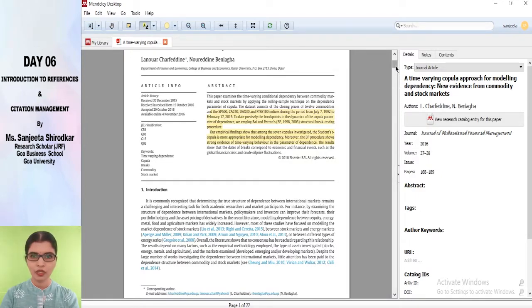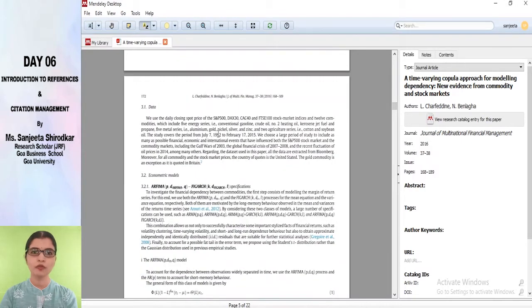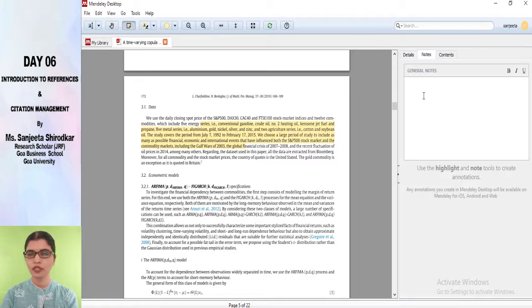So while you are doing your literature search, if any part you find important and want to highlight it, you could do it. You could also insert notes. See, there are ways in which you could add notes. Then here also you have an option to include notes based on that reference. So this is the beauty of Mendeley, wherein Mendeley is serving as a one-stop solution for all the researchers. So let's move on to our library.